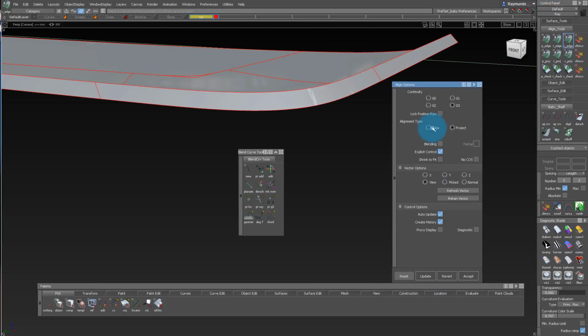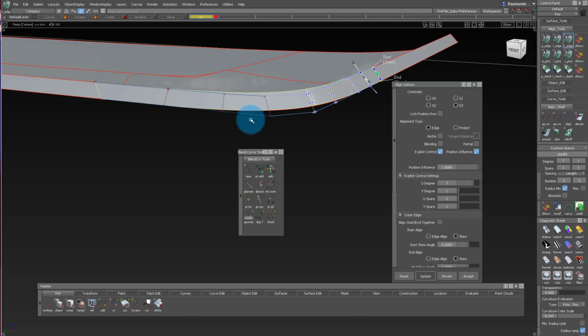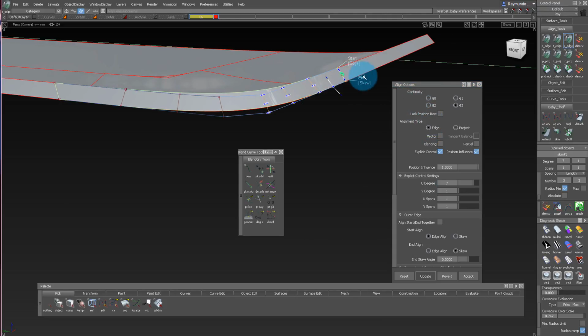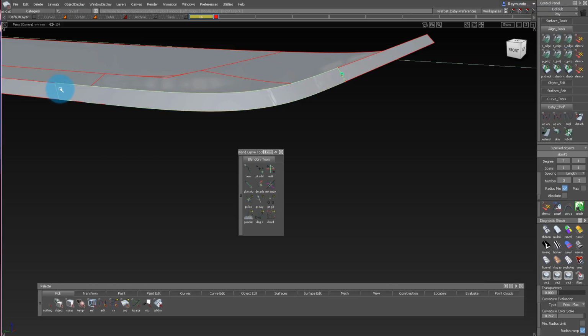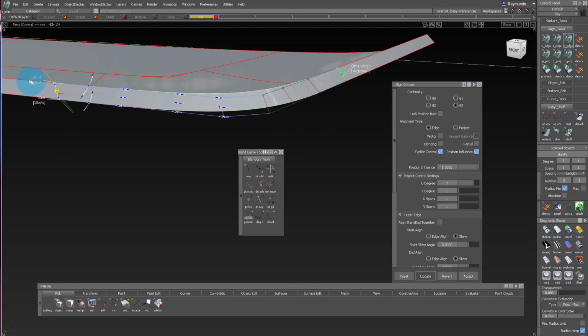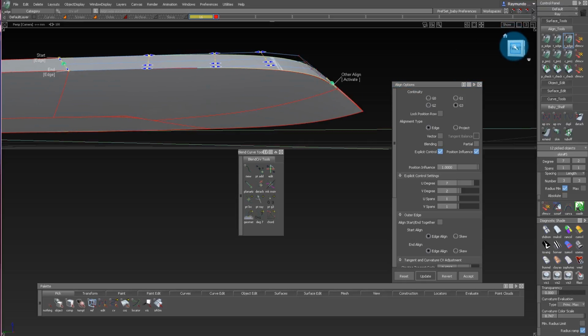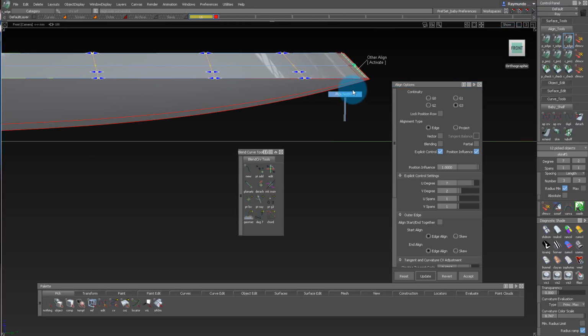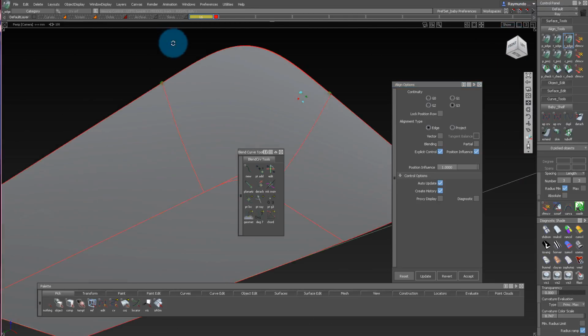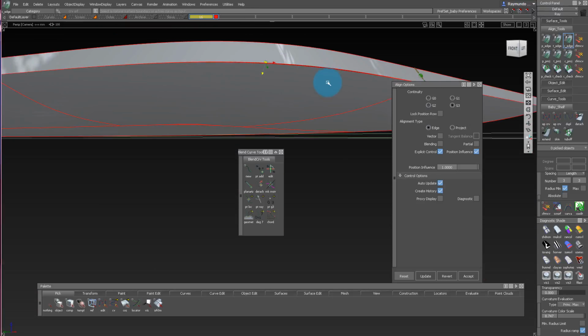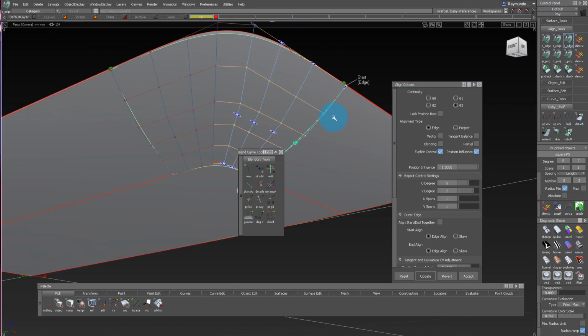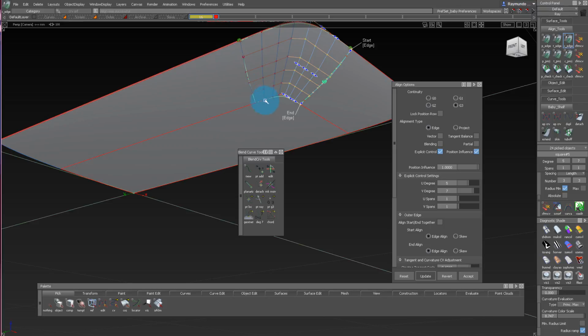Align G3 edge, like that, hit it, edge align, and then same thing here, edge align, and it looks like it needs a little more, and there you go, now it's straight. I guess I need to do that here too, huh? Edge,